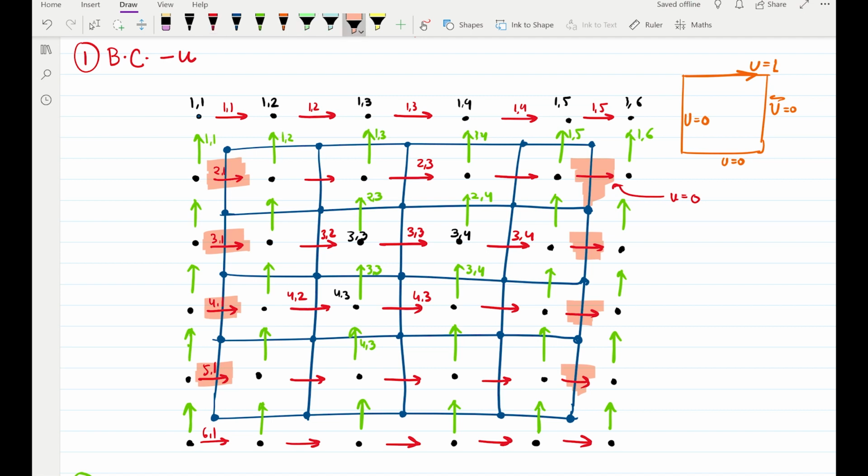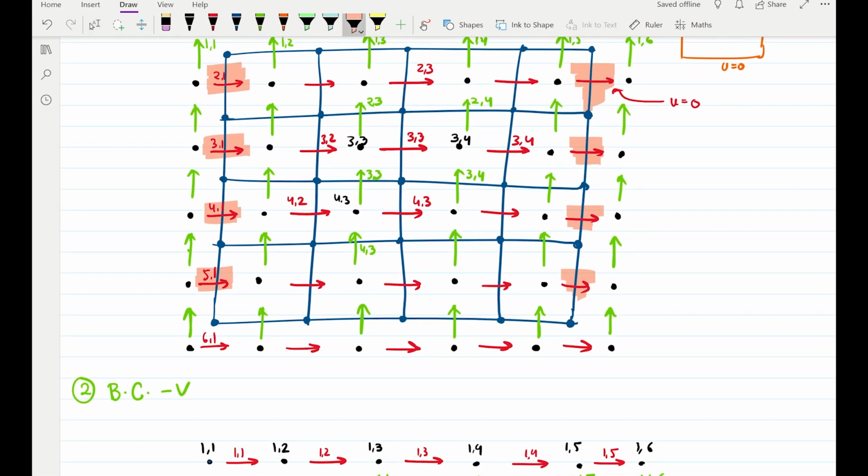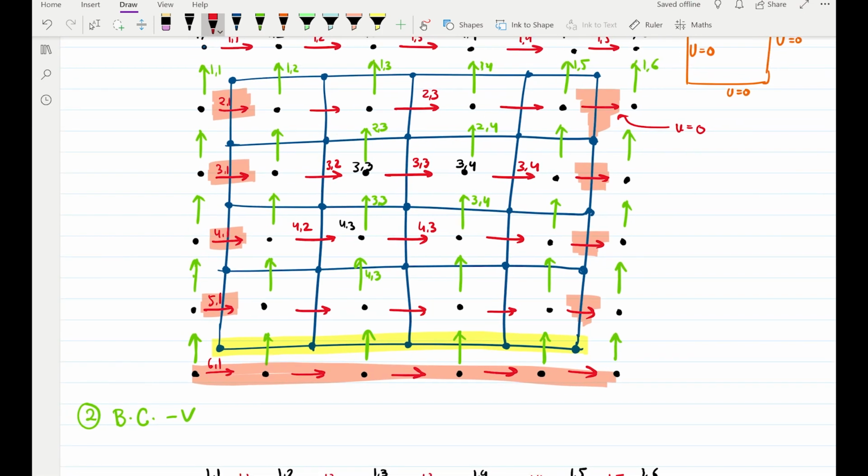Now let's go to the bottom boundary. So for the bottom boundary, we have these as the bottom u velocities, but the physical boundary is lying here. This is the physical boundary as shaded by the yellow. So to understand that, we know that at the physical boundary, we have u equals to 0. So we have u equals to 0 at the yellow boundary. And we have solved for these interior velocities, and we want to evaluate the outside boundary velocities.